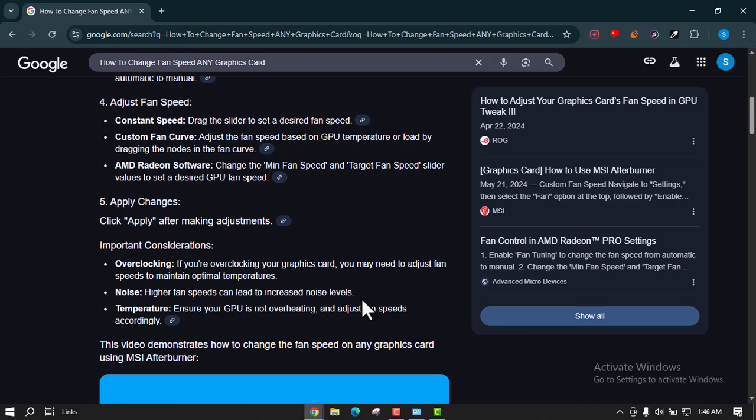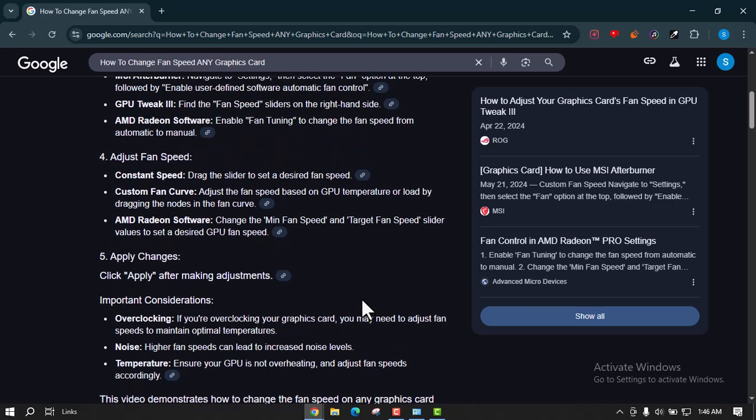There are some important considerations you can follow. That is overclocking. If you are overclocking your graphics card, you may need to adjust fan speed to maintain optimal temperatures. Higher fan speed can lead to increased noise levels, and ensure your GPU is not overheating and adjust fan speeds accordingly. So yeah, these are the things we needed to show you in order to change fan speed